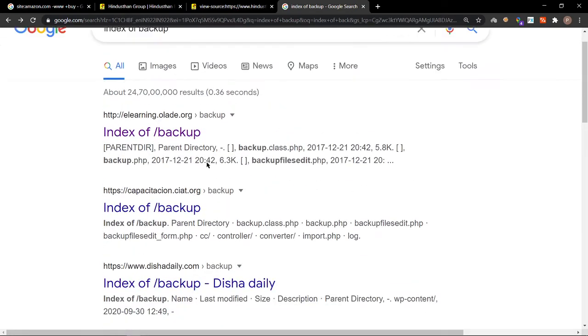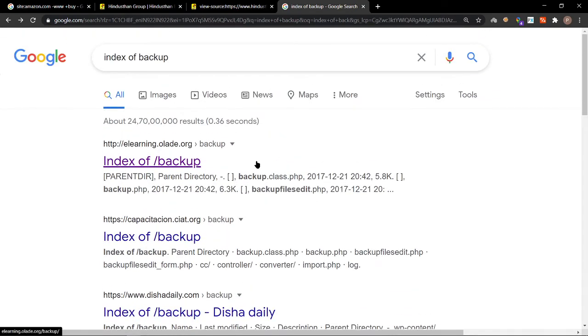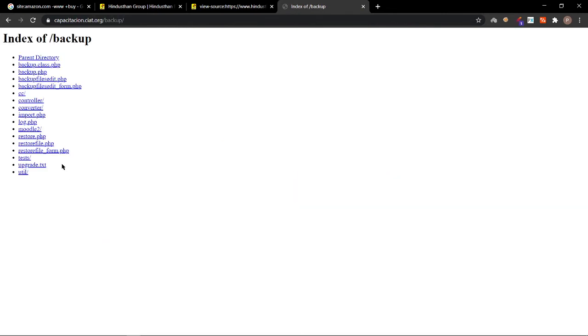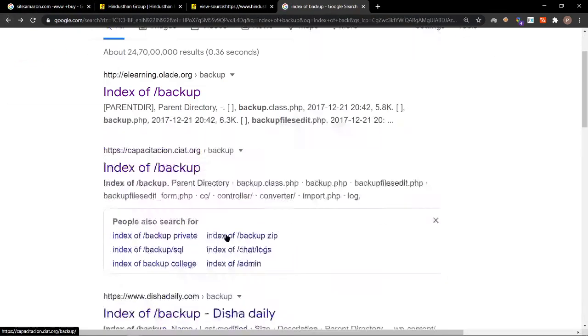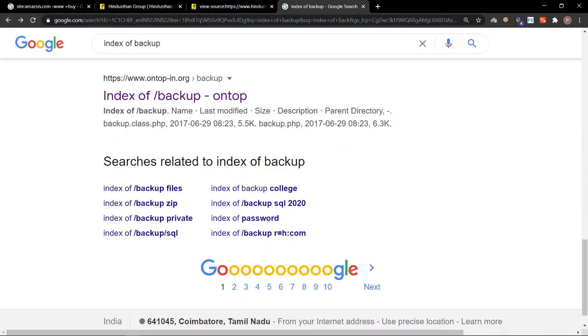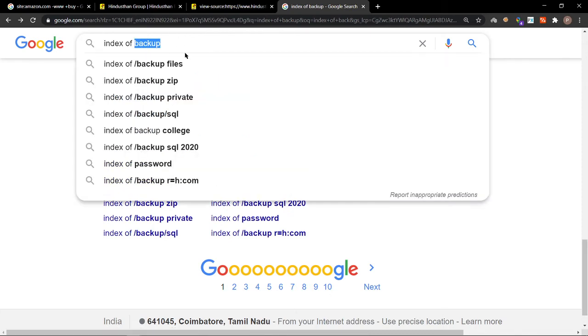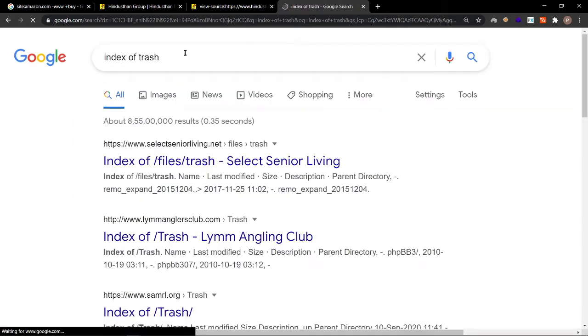All this stuff is because of the server misconfiguration that they have done on their website. Nothing more than that, through which we can access the sensitive contents of their data. Next we can search for index of trash. Instead of backup, we can search for trash, and we'll get results on trash. Yeah, this is a trash file.